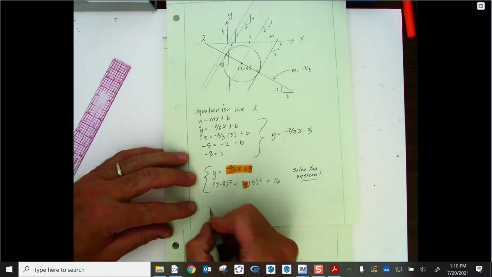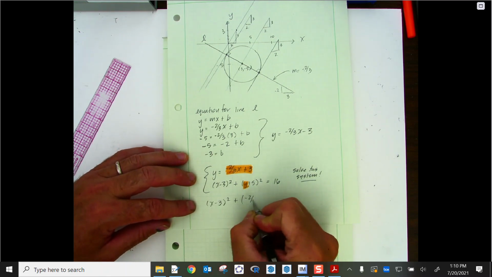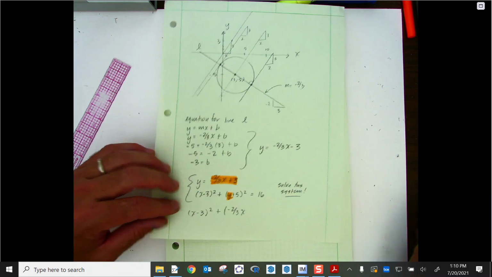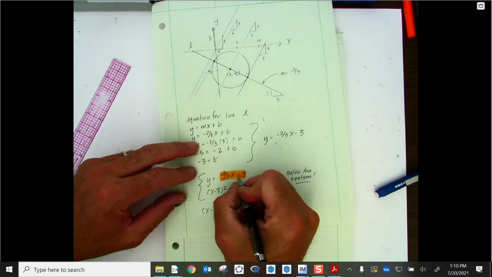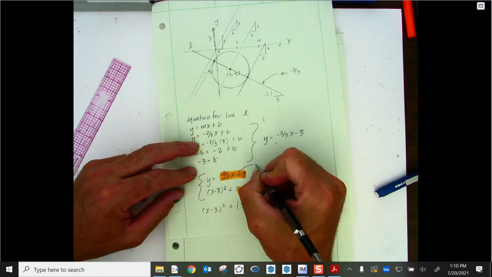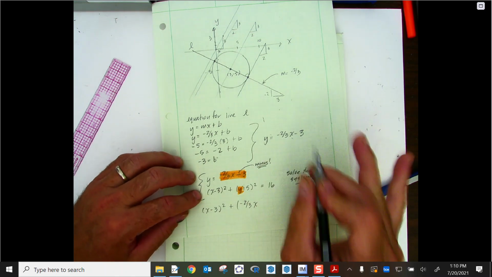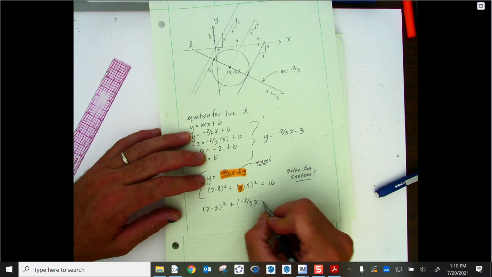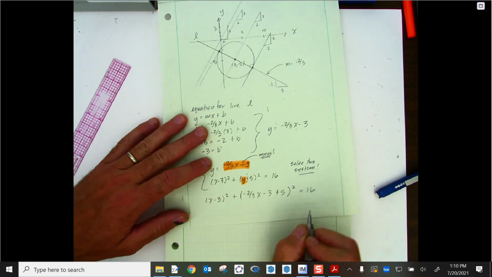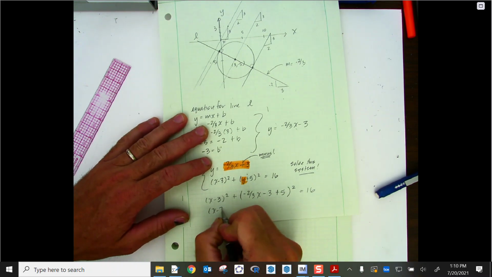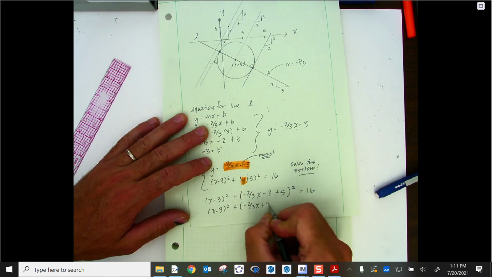So let's go ahead and make the substitution. x minus 3 squared plus negative 2/3 x, and I called it plus 3, it's actually minus 3 there. That's going to be hard to erase, isn't it? Sorry, that's a minus. So 2/3 x minus 3 plus 5, quantity squared equals 16. So that gets me to x minus 3 squared plus negative 2/3 x plus 2, quantity squared,